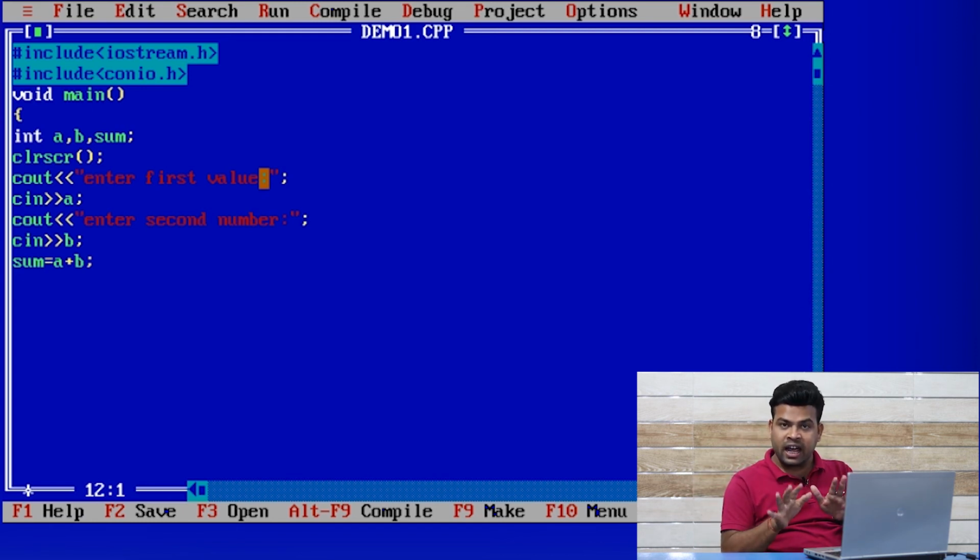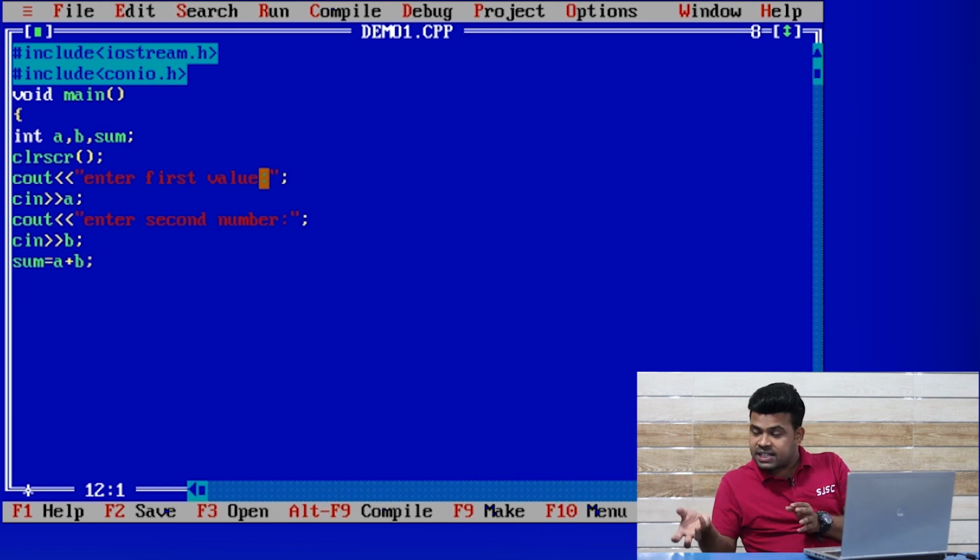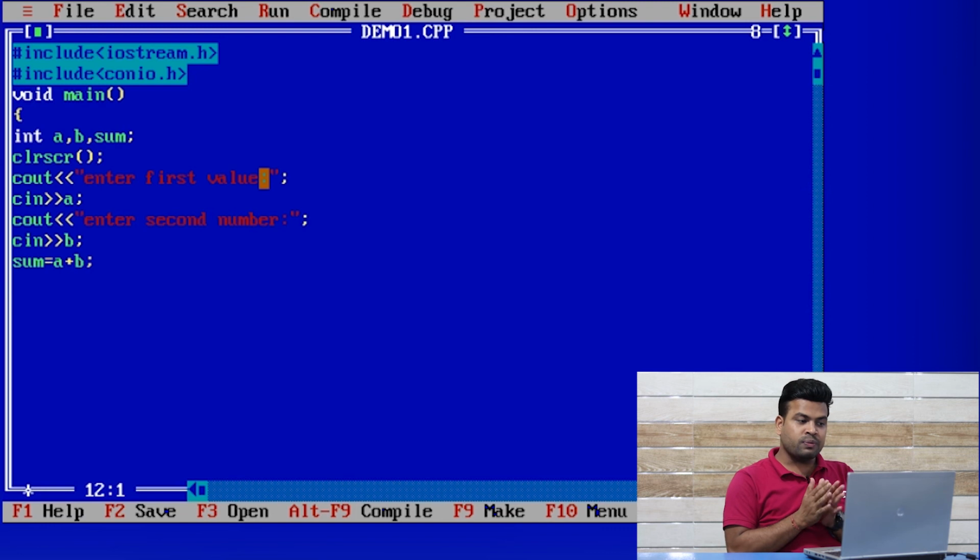You can't write a plus b equal to sum, because the work of the equal operator is to assign the value from right side to left side. So you have to use the variable where you will store it. Here I have used the sum variable, sum equal to a plus b. So the a plus b value will be stored into the sum variable. Here the addition operation is done.